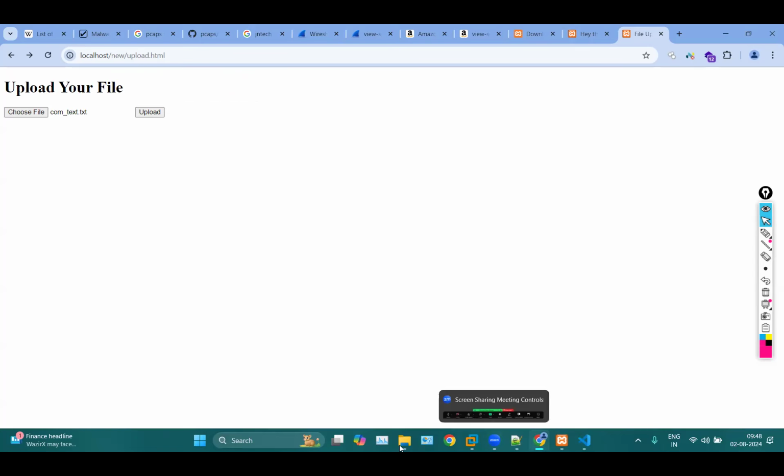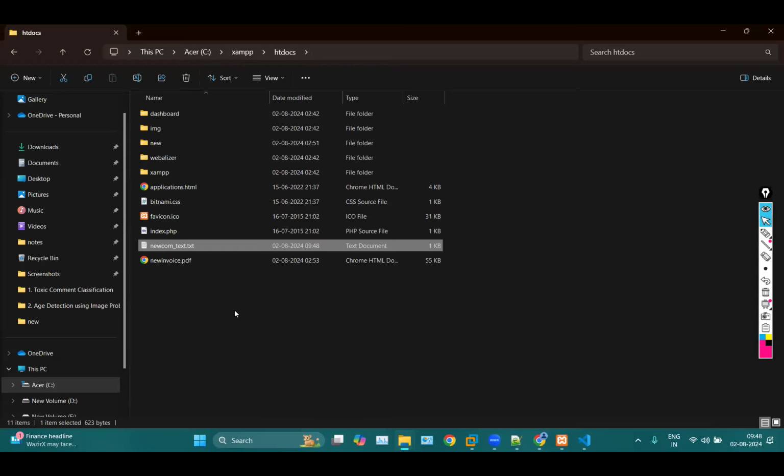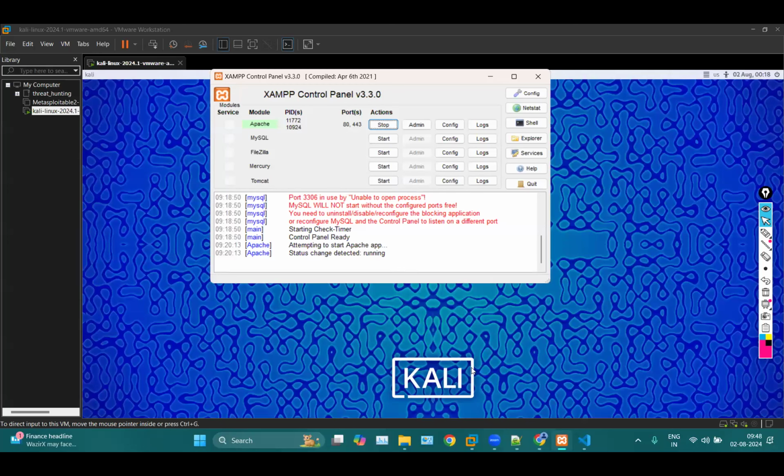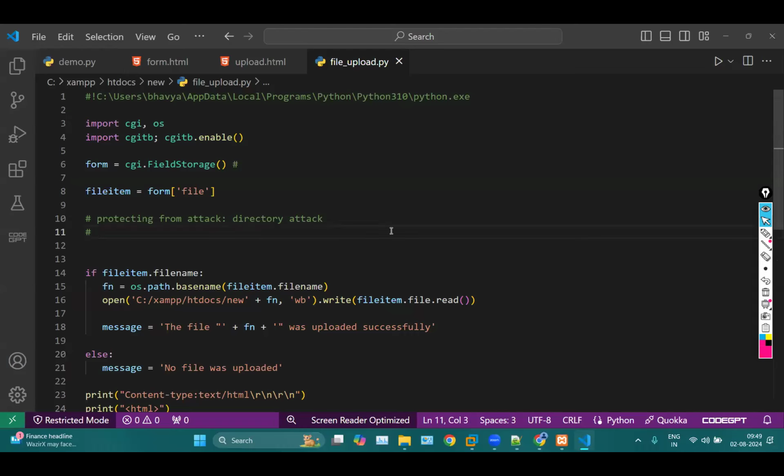And this is the location of your server where all your files will be present. And if I click on upload without choosing any file, you will see a message, no file was uploaded. That is again a simple example of a CGI, where we are actually running a file on the server